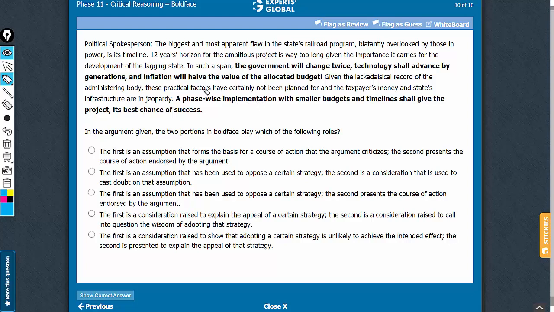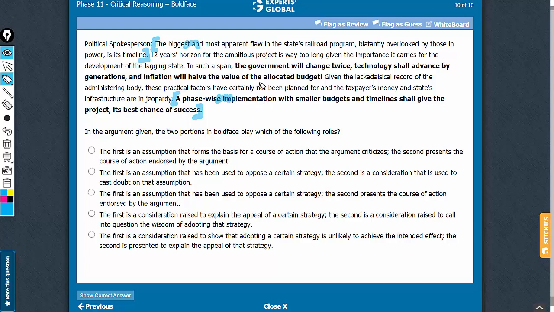Step 1. Figure out the conclusion of the argument. You see, this second boldface is the conclusion of the argument, or in other words, to say that the original plan is not a good plan is the conclusion of the argument. Either you put it this way or this way, it is the same thing.